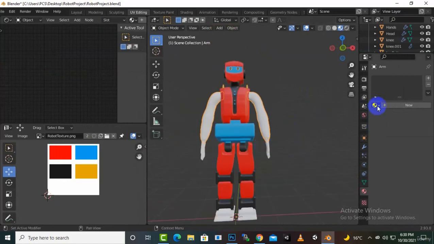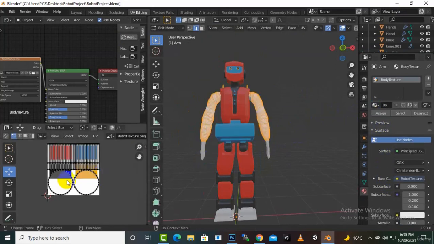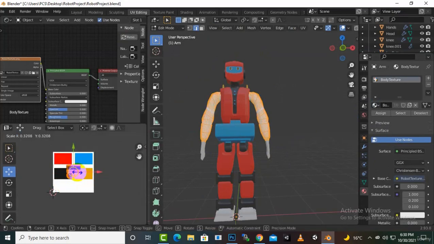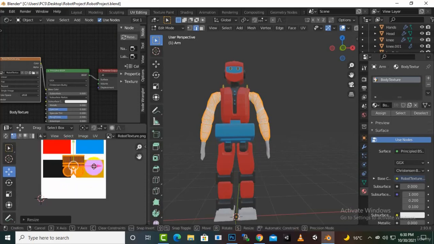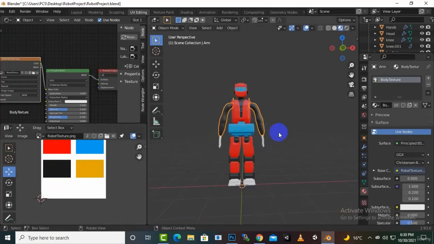Anyhow, let's see what color would be good. So let's go to edit, A, we can just press S to scale it. And here you can see that black color